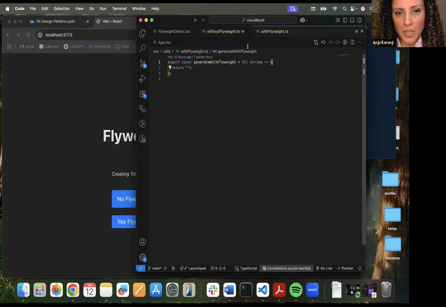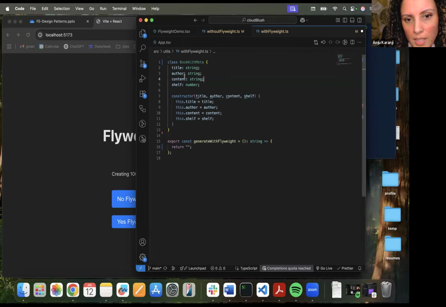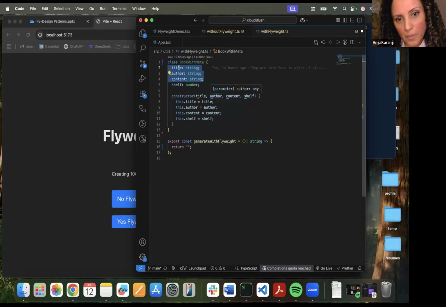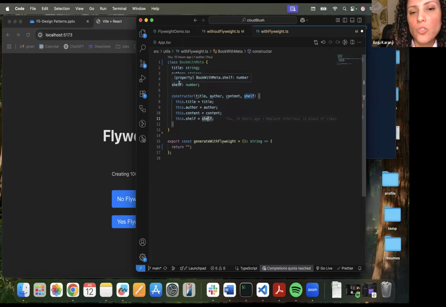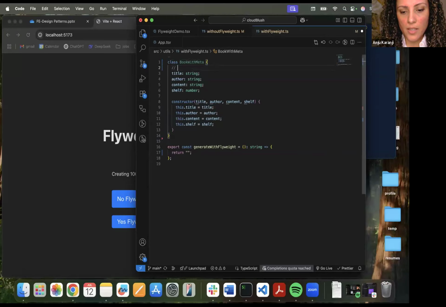I'm going to copy it there because it's easier to understand when it is right in front of you. As you can see, these three things are intrinsic variables because they don't change: title, author, and content. Because a Harry Potter fifth book is always going to have the same title, same author, and the same content. The only thing that is going to change is where in the bookshop, which shelf, it is located. So these things are my intrinsic